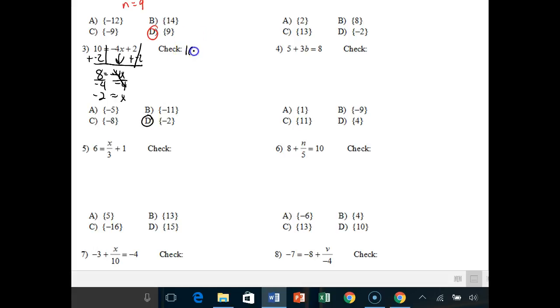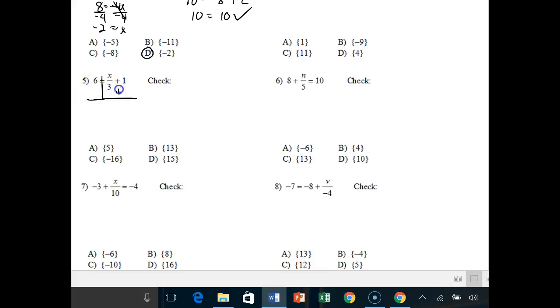Luckily 2 wasn't an answer. Check it by writing exactly how it is, but instead of x, we plug in negative 2. So we're asking ourselves, is 8 plus 2 indeed 10? Yes, it is. We know we have the right answer. Number 5,